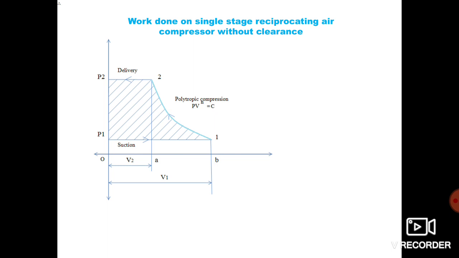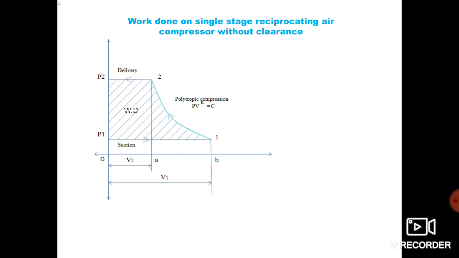First, fresh air is sucked in this process, that is from P1 to 1. It is then compressed till it achieves the pressure P2, and this high pressure air is delivered to the storage vessel, and we can use it for various applications. We also know the various applications of compressed air such as spray painting. It can be used for cleaning of the workshop, or for filling air in the tire tubes. Okay. The shaded area under this PV diagram shows the work done.